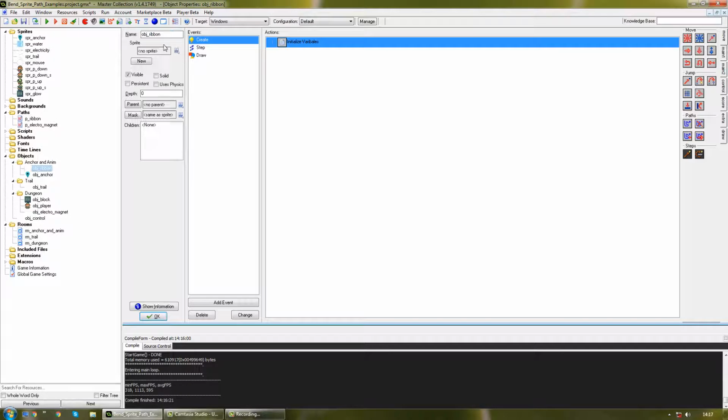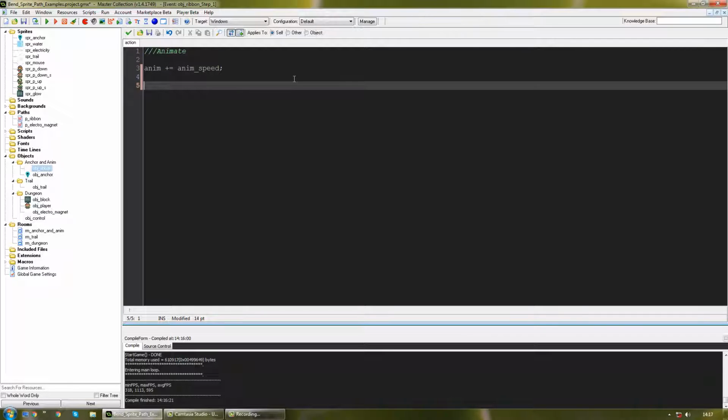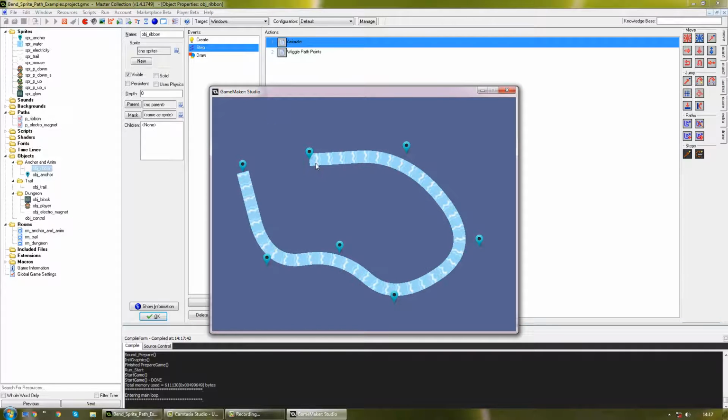So let's go in the step event and add a new line here. Ignore what's already written, but let's just update the texture resource and get the current image index of the water sprite. And again, this image index is automatically increased by the variable image speed that we've set to 0.5. Nothing else has to be changed, and you can see that now the sub-images of that sprite create this little